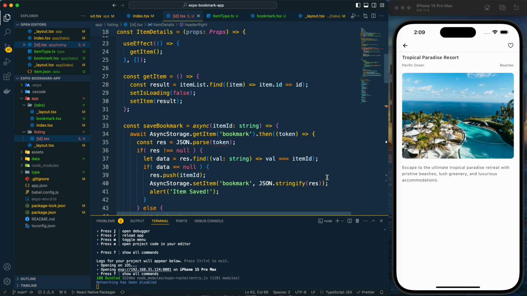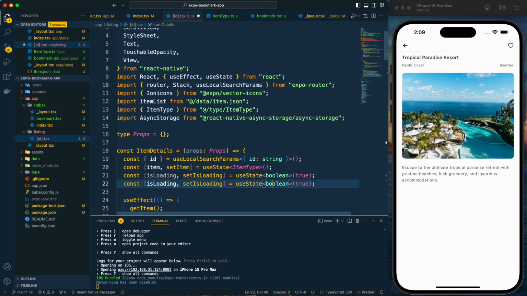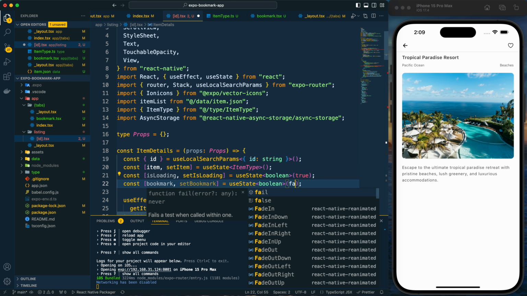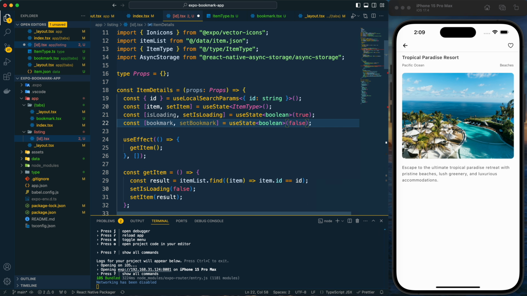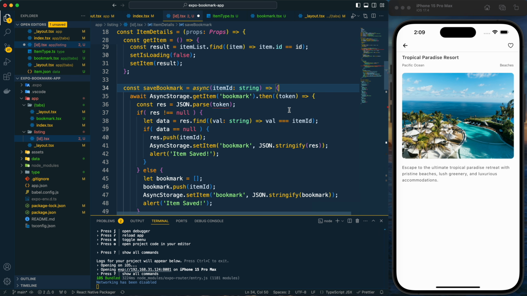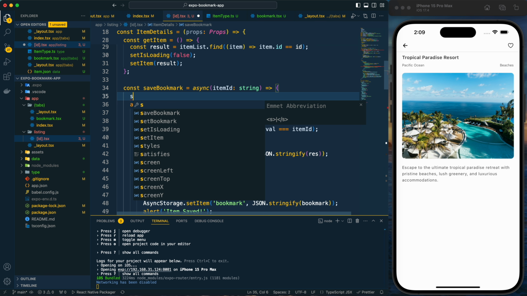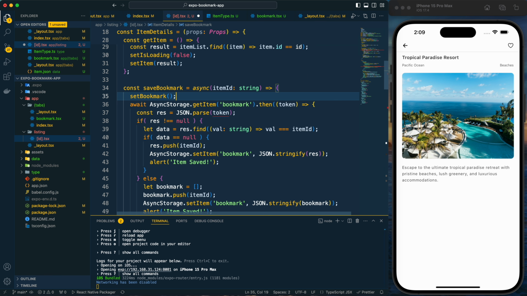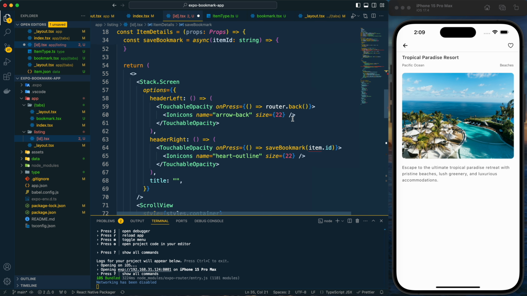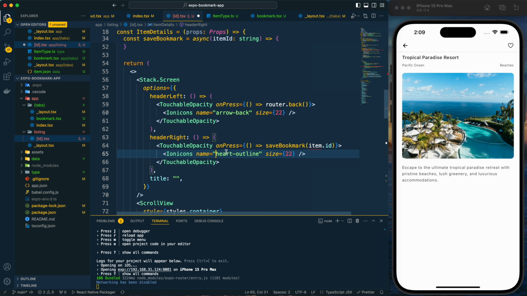And with that I want to create another state called bookmark, and by default it will be false. And here within this save bookmark function, first I will set the bookmark as true, and based on that here I am going to check it.